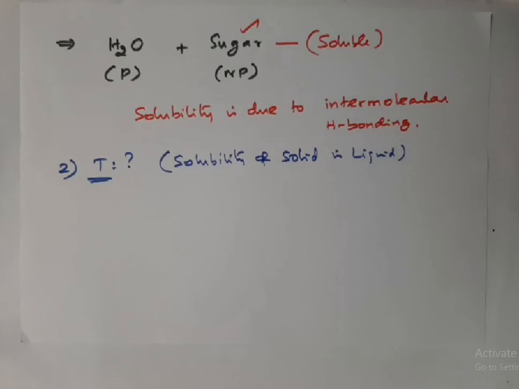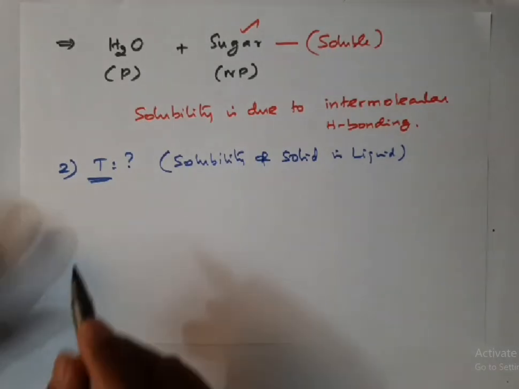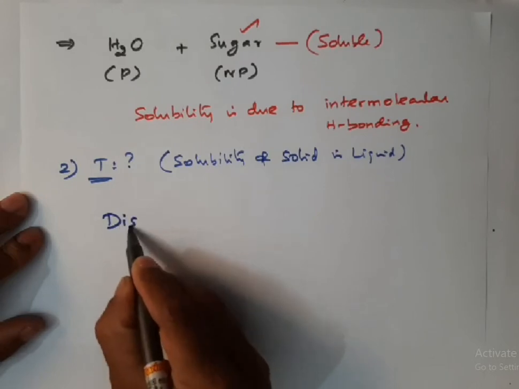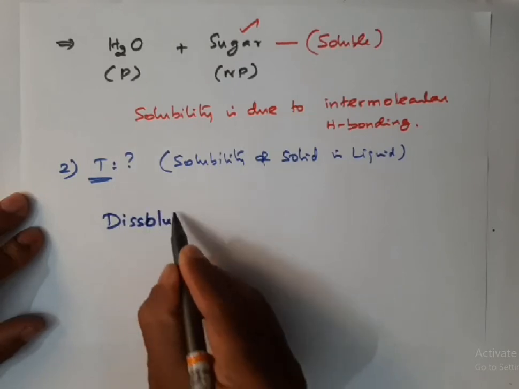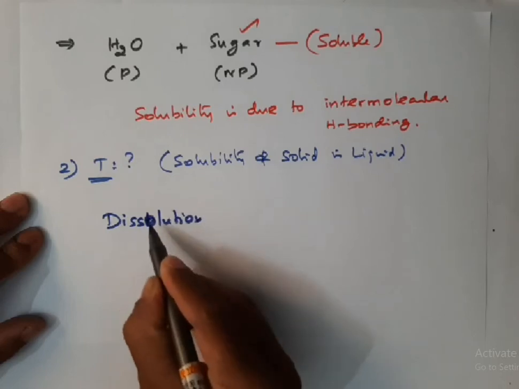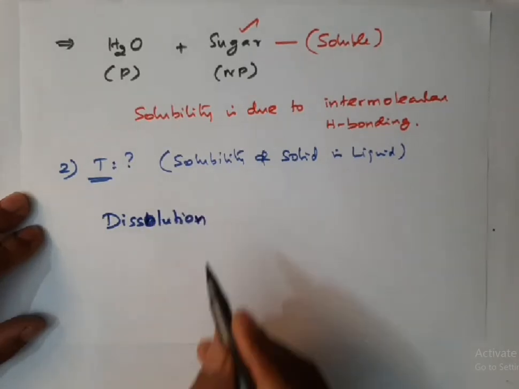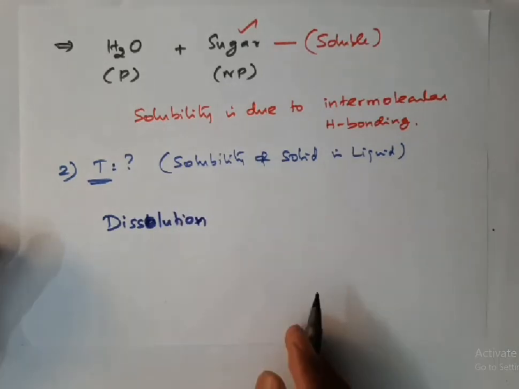If you put a solid in water, the solid particles first get separated and go into solution and they disappear. This is what we call dissolution. In dissolution of a solid in liquid,